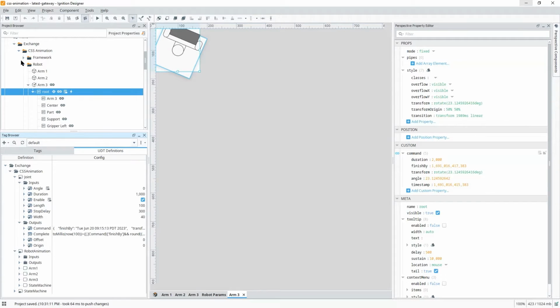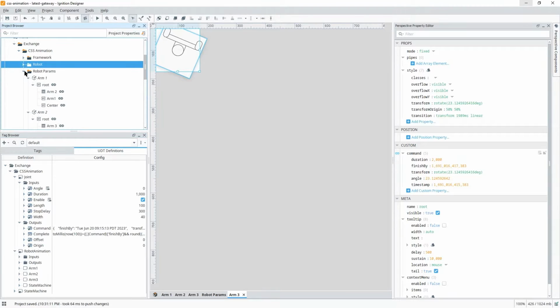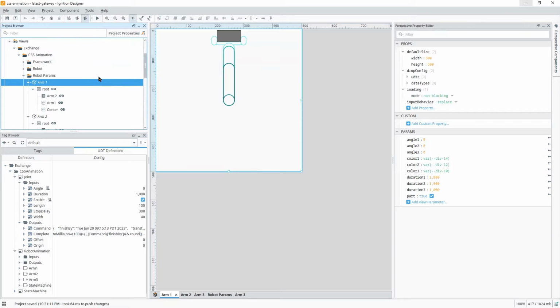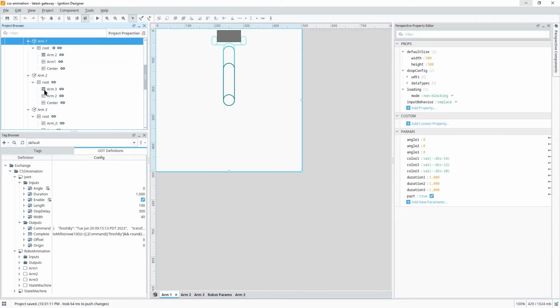So, I have a few things open here. This is the view, I should say, that you see for the intermediate animation, and it has these input values. The way that it is built is we have arm 1, arm 2, and arm 3. You'll see that arm 1 has arm 2 inside of it.